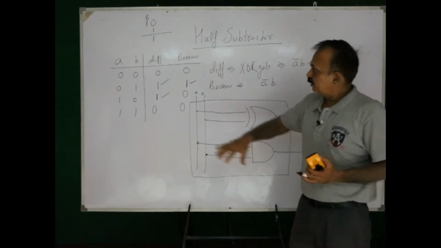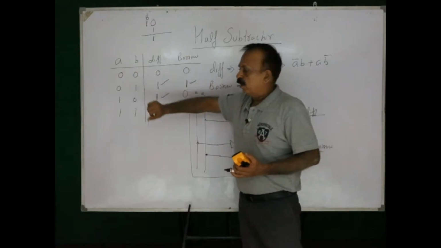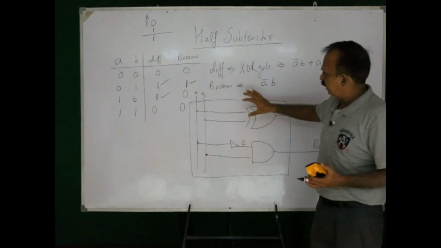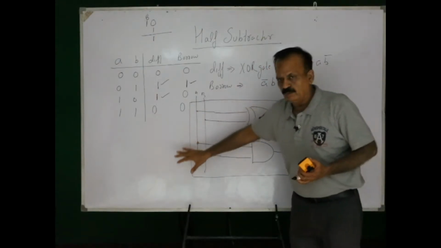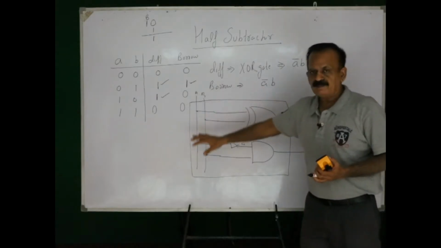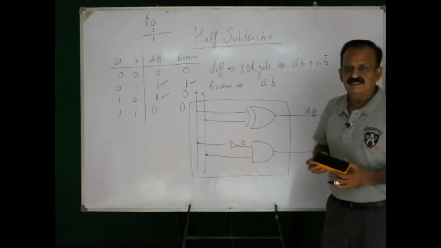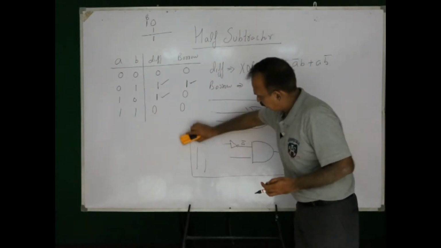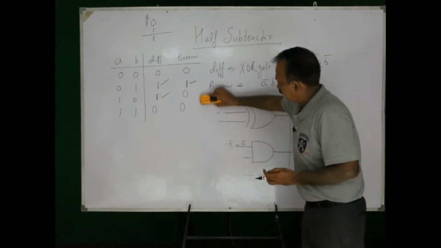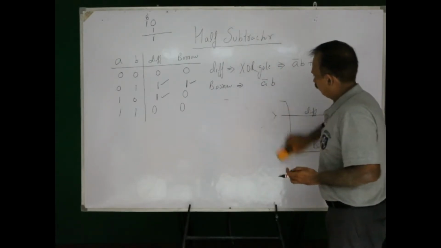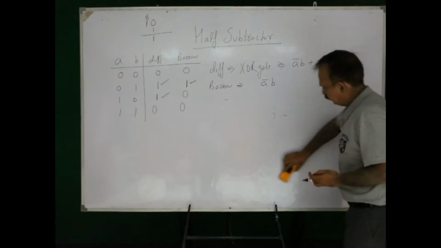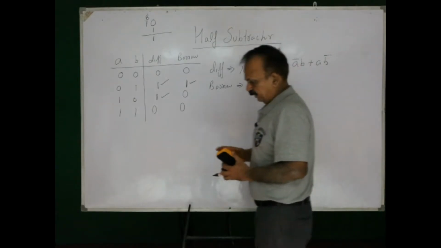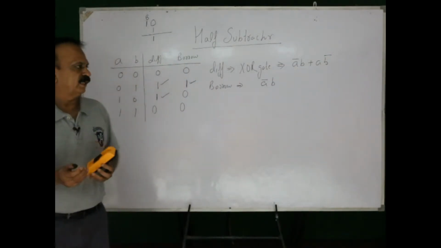So, the steps were, we decided the truth table. On the basis of the truth table, we decided the expression for difference and the borrow, and then on the basis of these expressions we created a circuit diagram to implement them. Now, these expressions can be implemented by using universal gates, and for sum of product the universal gate that can be used is the NAND gate. So, I will be implementing this particular circuit diagram by using NAND gates.